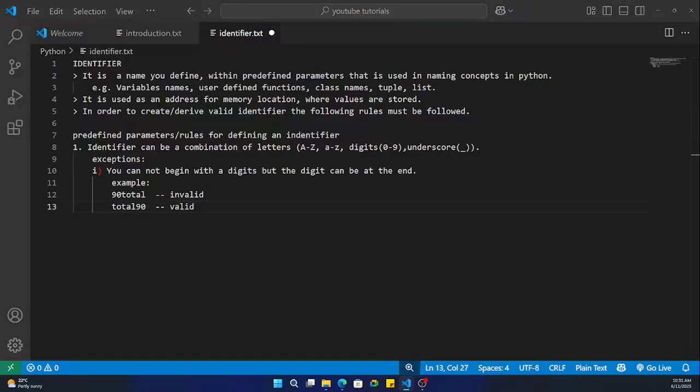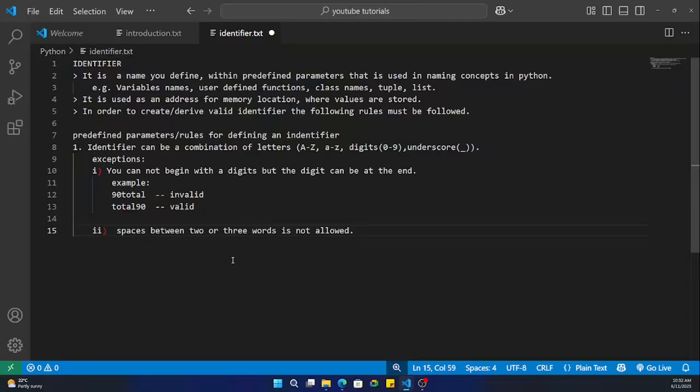And another exception is that spaces are not allowed. A space between two or three words is not allowed. So let's look at this exception. Supposing you want to come up with a value, let's say with two words, total max. When you write it this way, there is a space in the middle. This space, according to parameter number one, makes this identifier invalid because the Python interpreter will treat this as two separate